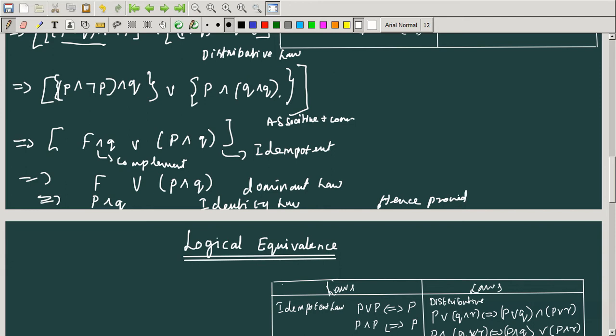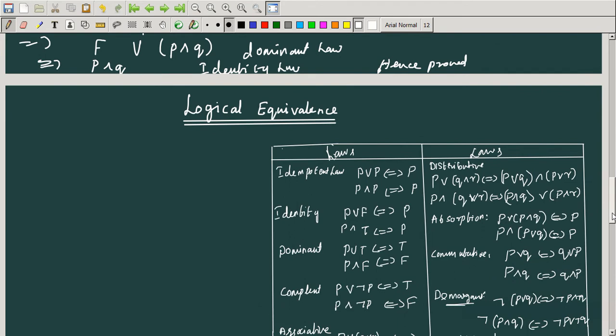See, for logical equivalence, we have three types of questions. One is they may ask to prove some proposition they will give you; you have to prove that proposition. The second type is they may ask to prove that it is a tautological equivalence. The third one, they may ask to check the logical equivalence. So these three types only we have in this logical equivalence relation. That's why I'm going to solve all three types of problems. The first problem is over. Let's see the second problem.